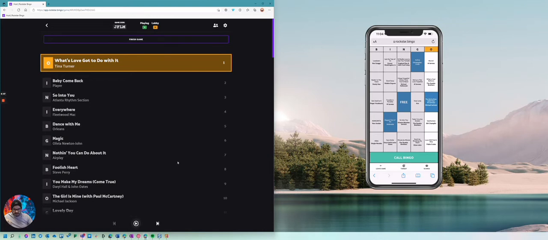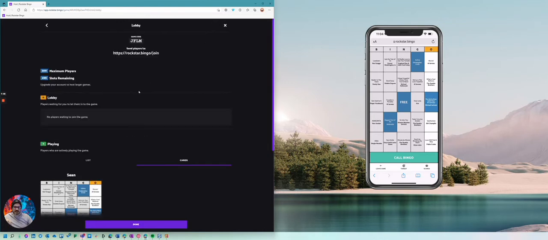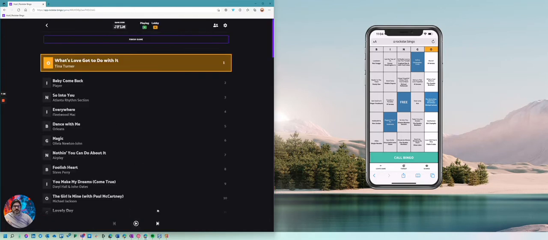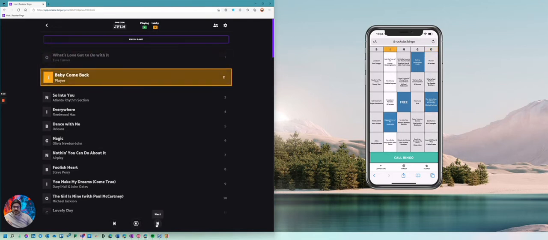So I'm going to pause the game here for a second. I'm going to go to the lobby, and you can see that I've selected these tracks. Okay, so not correct. We're going to keep going here. And so maybe it's time to move on to the next song. Maybe as a host, you're either putting up on the jumbo screen, this next song's on the I, or maybe you're not. Maybe you don't actually do that.